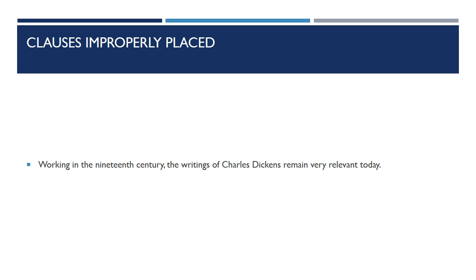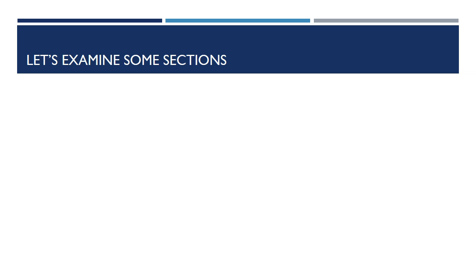So be careful and take a look at those sentences. When you're going really fast, it can be tricky. When they're pointed out to you, you see them. But again, as quickly as you're going with these sections, just keep in mind that that's one of the things that you should be looking for. So as we're looking at the sections, there's always going to be problems with sentence fragments. Little sentences that are missing something like a verb or a subject that's going to make it a complete sentence. So anytime you see those fragments, you're going to have to make some changes in order to make them real